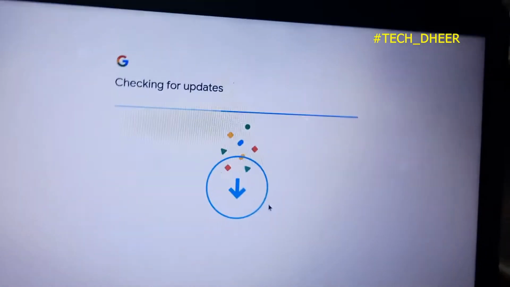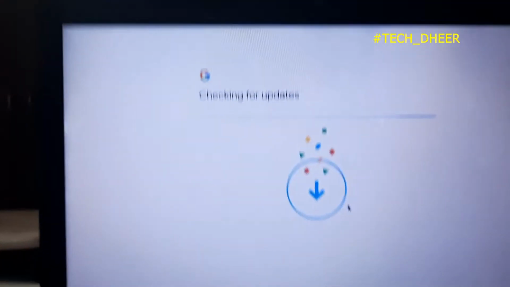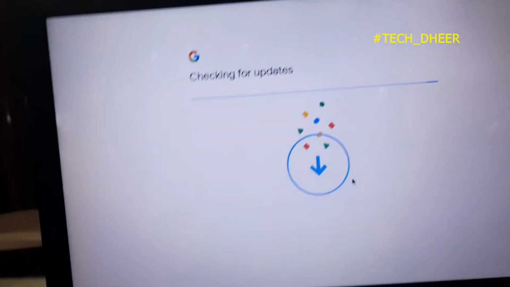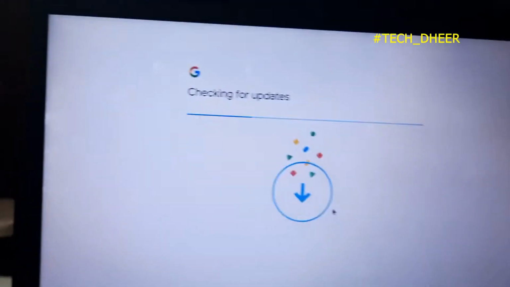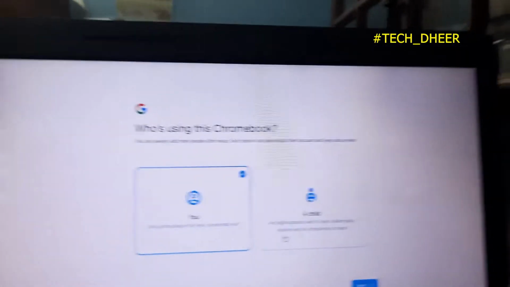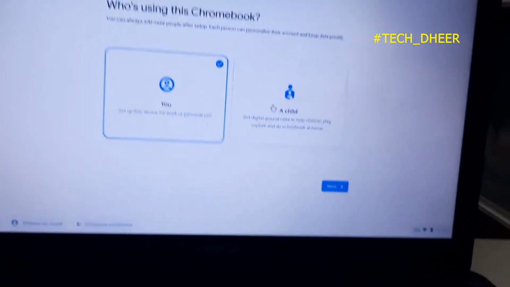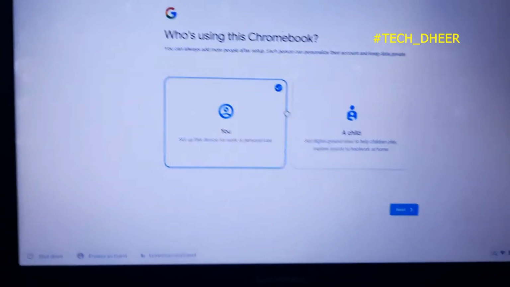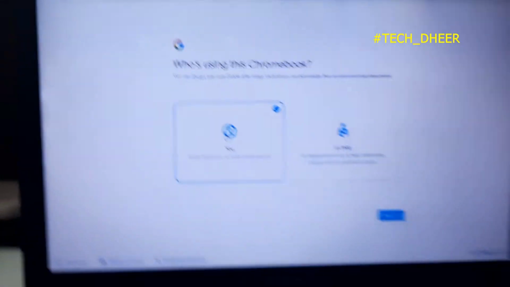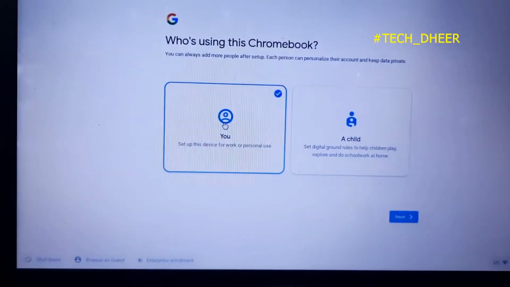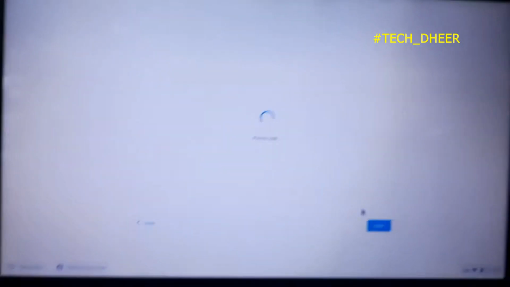And for your Google Assistant setup, I'll show you the starting setup, what you have to do, because during the installation you can set up Google Assistant. Okay, so let's wait for checking for updates. Most YouTubers just cut all this part. If you have a child and he wants a Chromebook, you can set up these digital rules, but this is for my personal use and this is my old laptop for browsing, and it has the Play Store, so I can install some apps. So I'll just click on that and next.